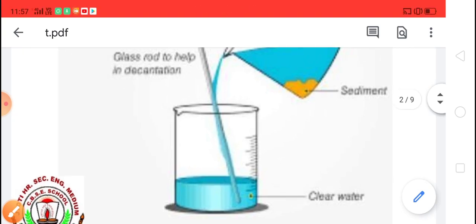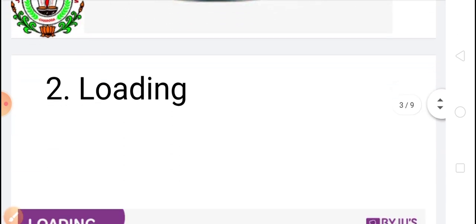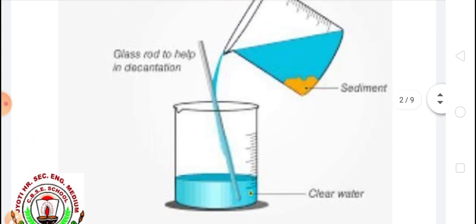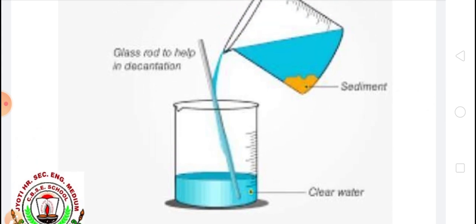Have you seen your mother cleaning the rice with water at home? The mixture of rice and water and possibly some dust particles is put in a big plate. On tilting it, the water along with the rice slides down, and the water that flows out of the plate carries away the dust with it. In this way, we can use the decantation process at home also.